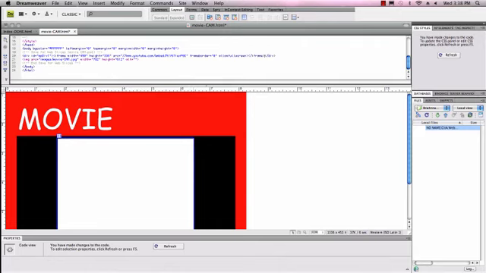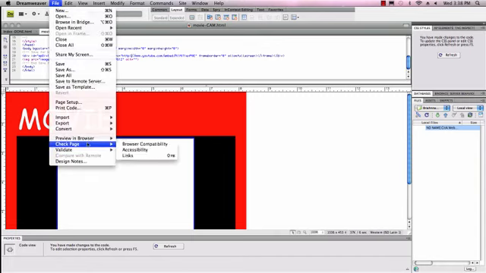Now, the last thing you have to do is, because the embed doesn't understand that you want to put this on the internet, you have to go before the two slashes in the source. The source is telling you where your video is. YouTube.com embed, and then the name of your video. But what you have to do is, before the // you have to type in http:// just like if you were on the internet. Then all you do is hit save, Command S, and when you preview in the browser,